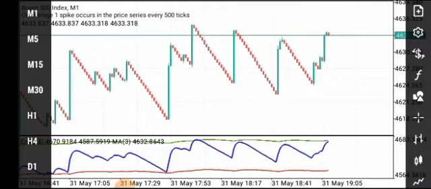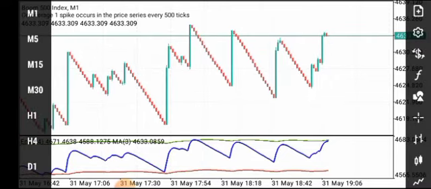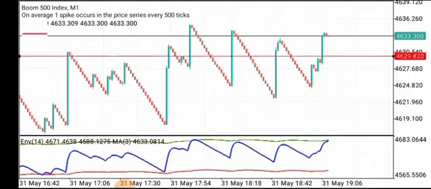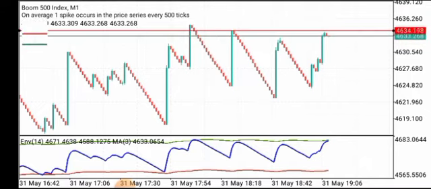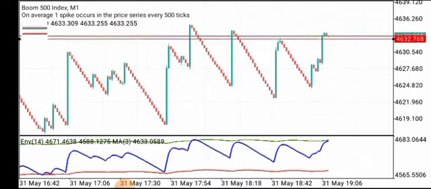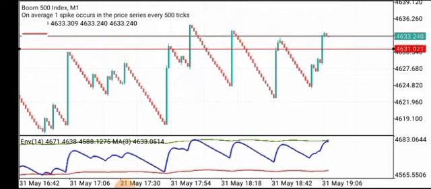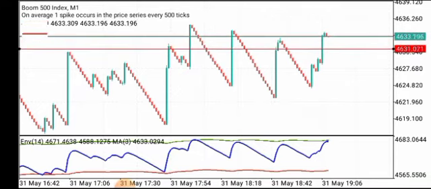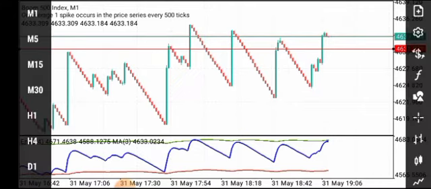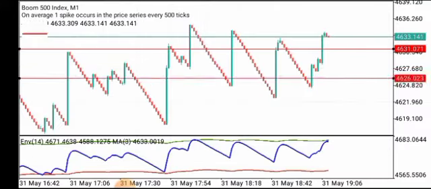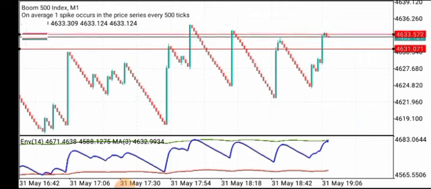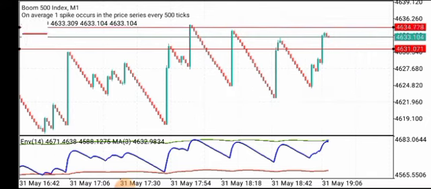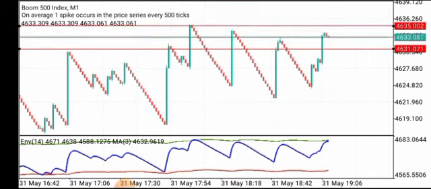Okay, so let's draw our support and resistance. This will be our support and this will be our resistance. So as you can see,